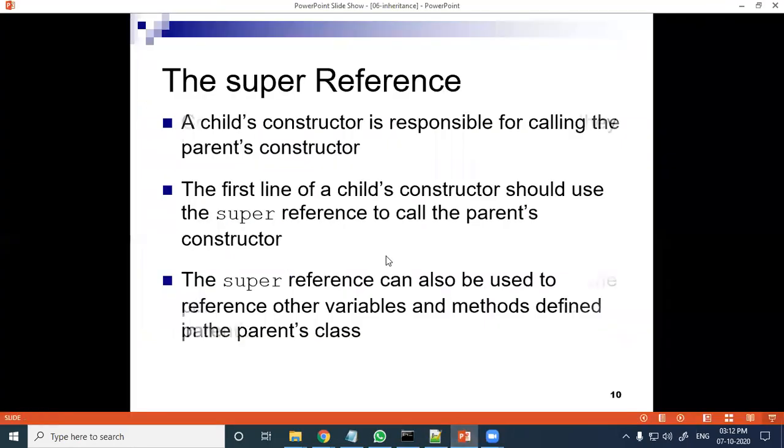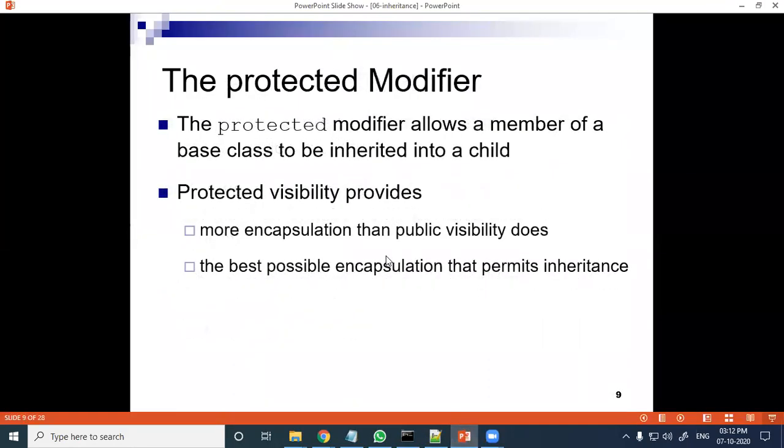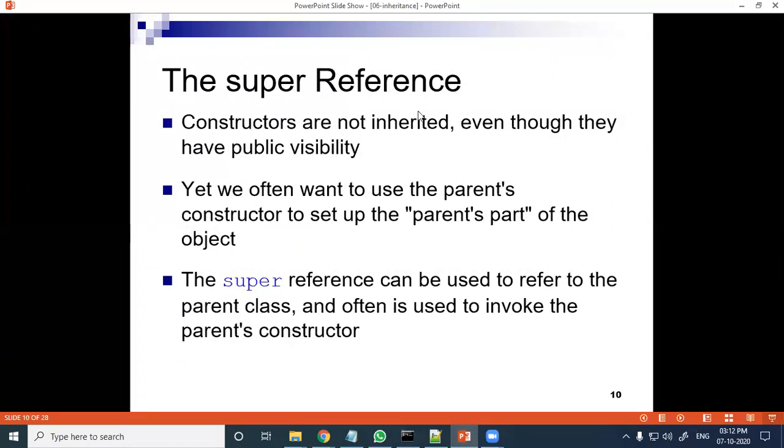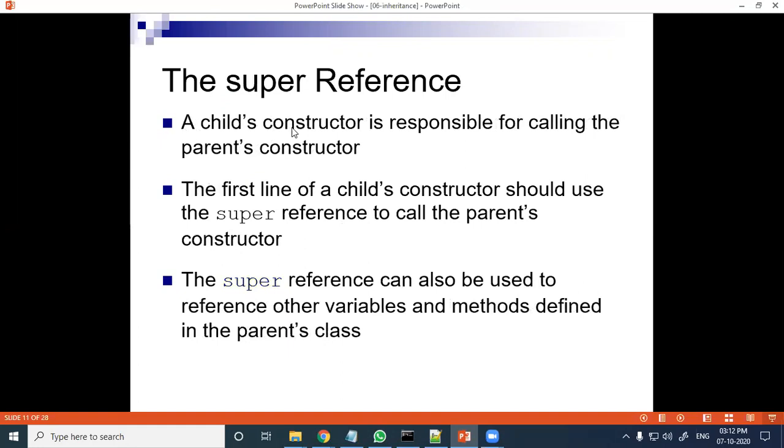Again we will see from this slide: the super reference. Constructors are not inherited, even through public visibility, yet we often want to use the parent constructor to set up the parent part of the object. Super reference can be used to refer to the parent class, and often it is used to invoke the parent constructor. A child constructor is responsible for calling the parent constructor.